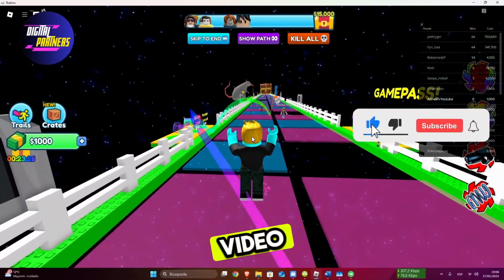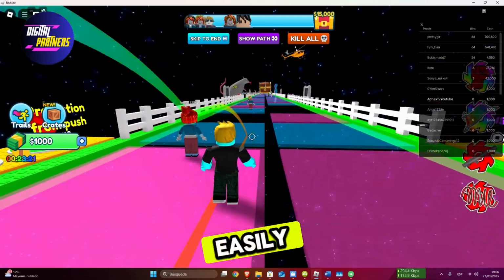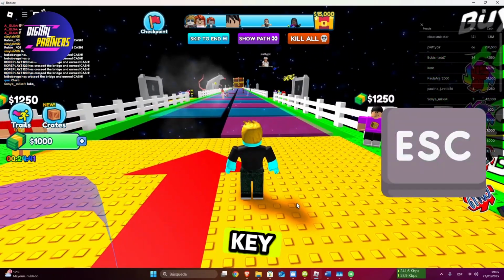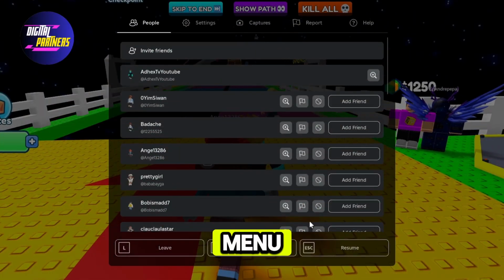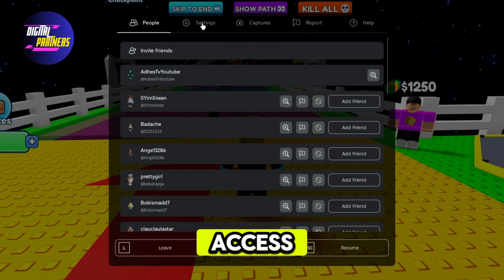In today's video, we are going to show you how to activate Shift Lock in Roblox quickly and easily. Let's get started. Once you're in a Roblox game, press the Escape key on your keyboard. This will open a menu with several options, and you will need to click on Settings to access the configuration